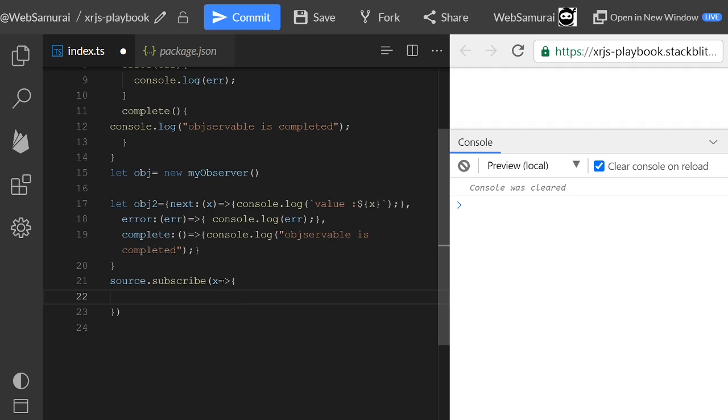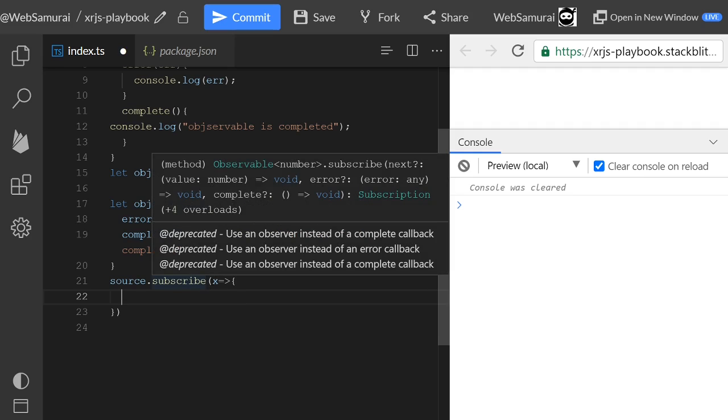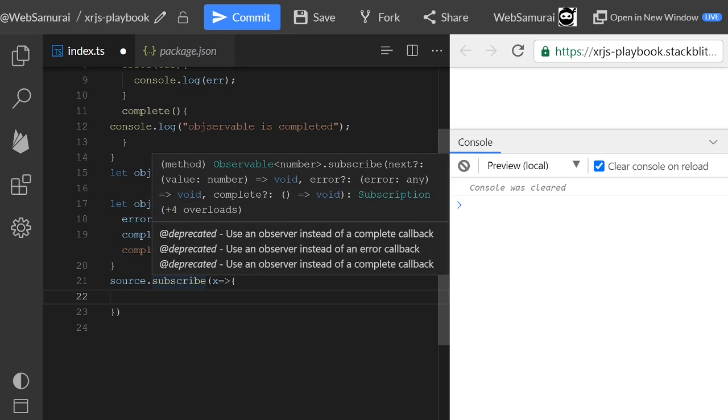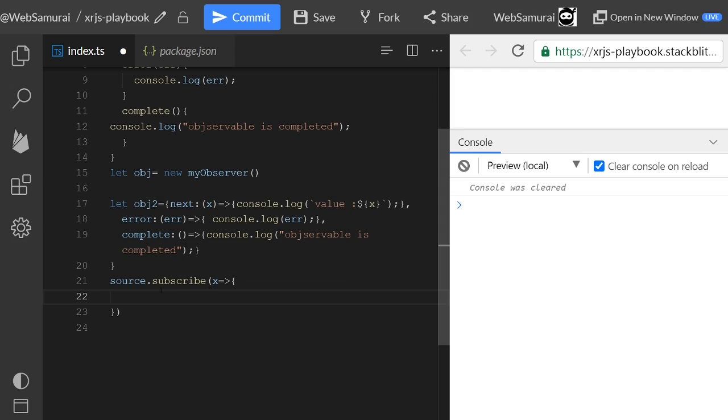The next method takes the value as x, and error is a nullable parameter, so it is optional, and complete is too. But the first method, next, lets us observe the values from this observable, by passing just the next function and logging the value. Save it, and you can see the values populated on the console.